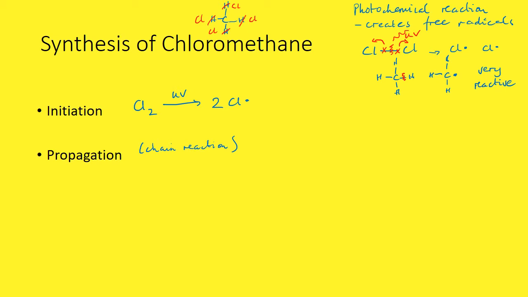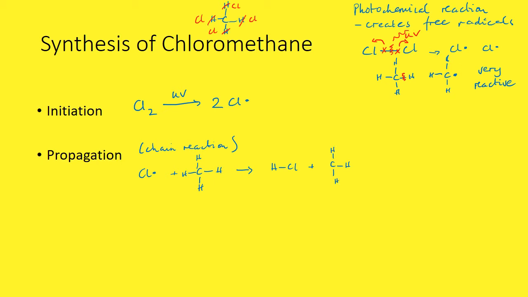So you've got a chlorine free radical from the first step, the initiation step, and that is going to come across a methane molecule, and the free radical decides that it doesn't want to be on its own. It's really going to have one of those hydrogens in the methane molecule, and so then what happens is you get a hydrogen leaving with its electron this time with the chlorine. So you get a hydrogen chloride molecule, and that leaves behind it the carbon and 3 hydrogens as they were before,